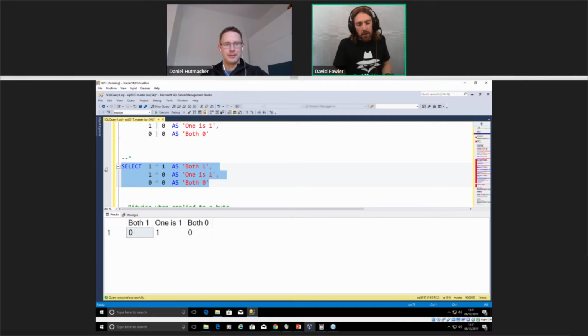So remember, with a bitwise XOR, we're only going to get a 1 back where one value or the other value is 1, but not both. With an exclusive OR, the two bits, the two values, are mutually exclusive. So that is bitwise logic working on individual bits. What about if you want to apply bitwise logic to something bigger, maybe a byte?